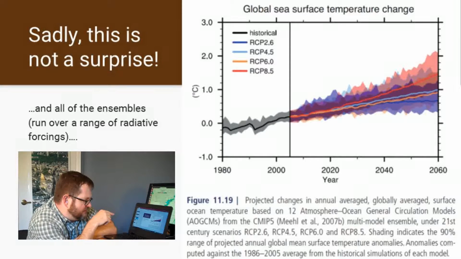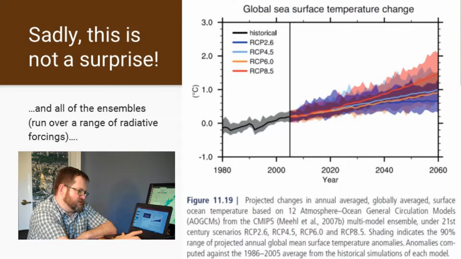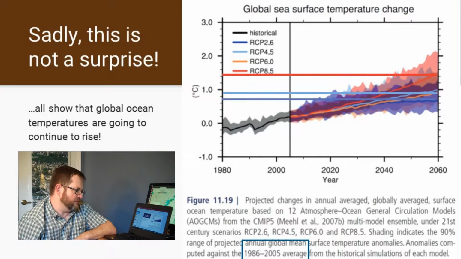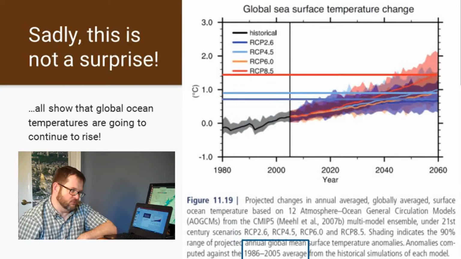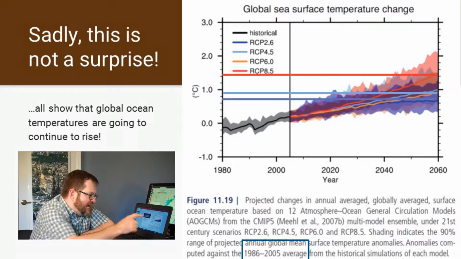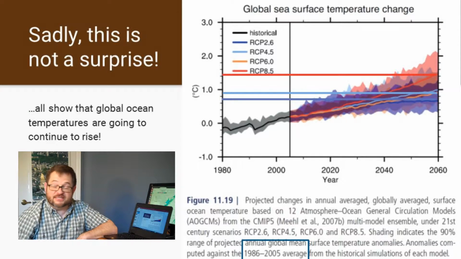And you'll notice that even with those error bars in there, not a single one of these curves is going down, right? All show ocean temperatures that are increasing between now and the middle of the 21st century. Well, unfortunately, that's not so surprising. I actually just extended over from 2060, just so you can see the blue curve there, which is the RCP 2.6,